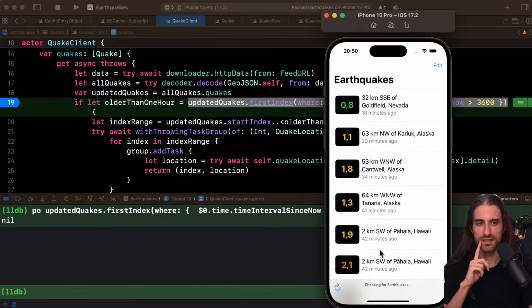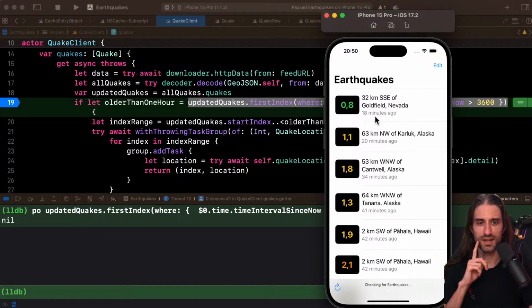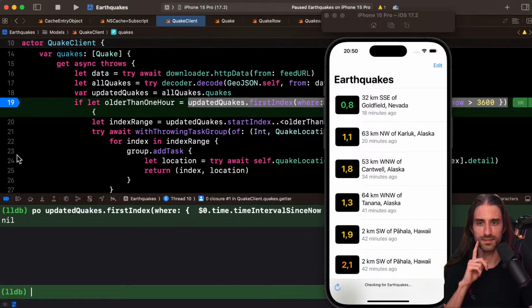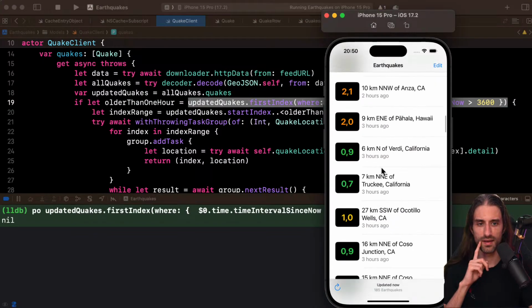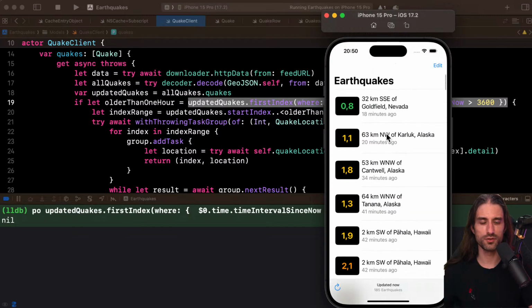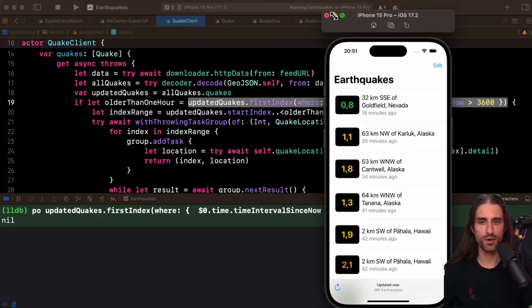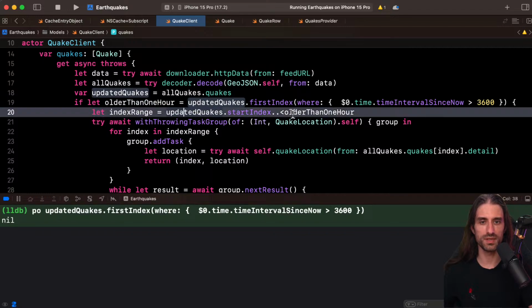It's an interesting bug, but it seems that I want to see, no, there are earthquakes which are older, because I was wondering what if there is no earthquake that is older than 1 hour ago? Then it would return nil here, and so the range would be empty, I guess.